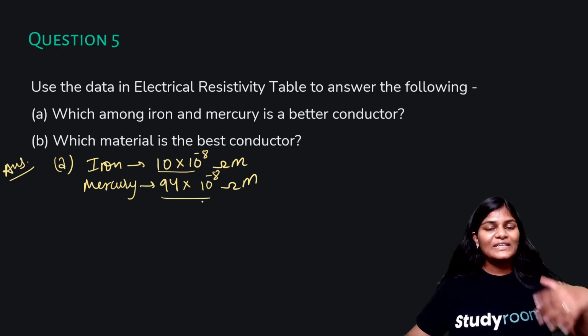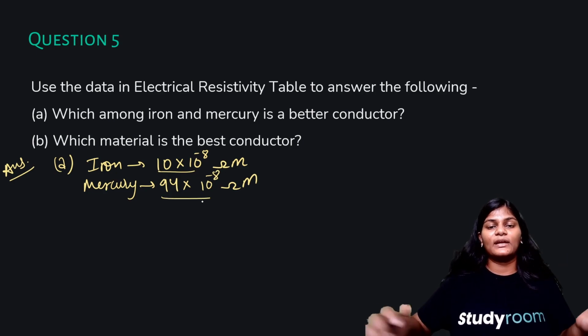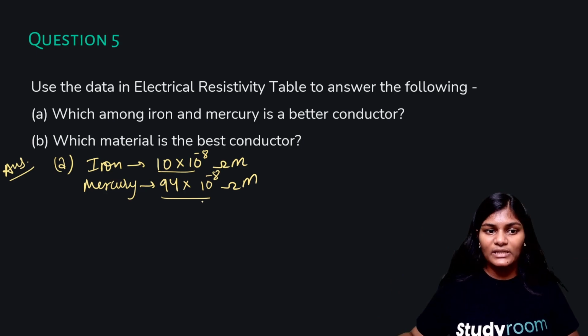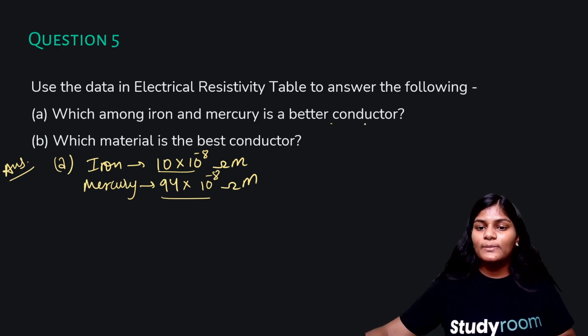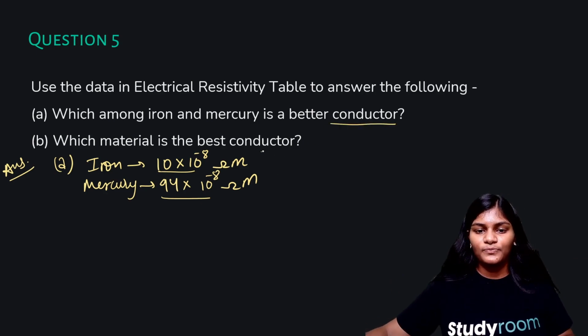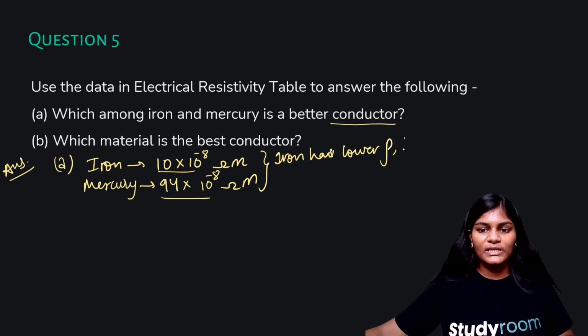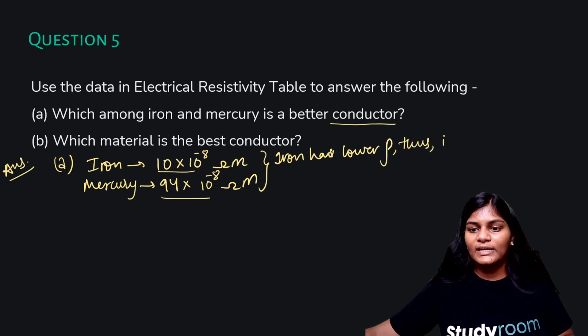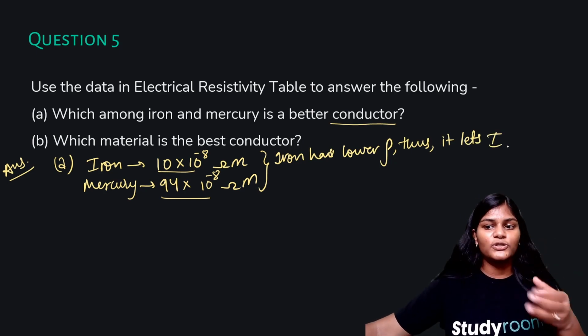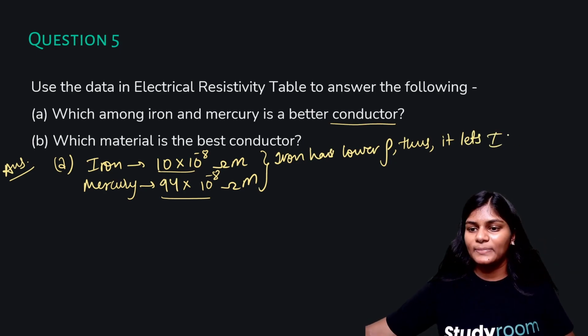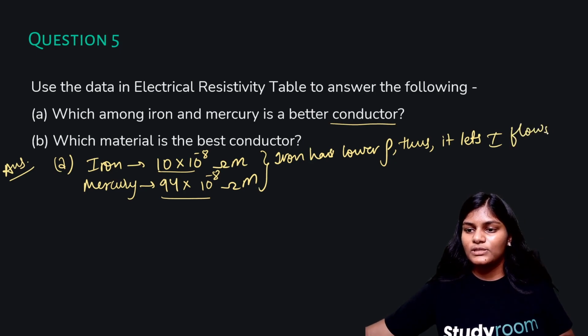It is obviously 10 into 10 to the power minus 8 rather than 94 into 10 to the power minus 8. So, which one is a better conductor? We can see that iron has lower rho, or resistivity, thus it lets current flow easily through it